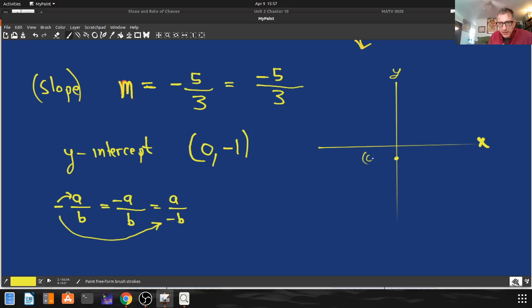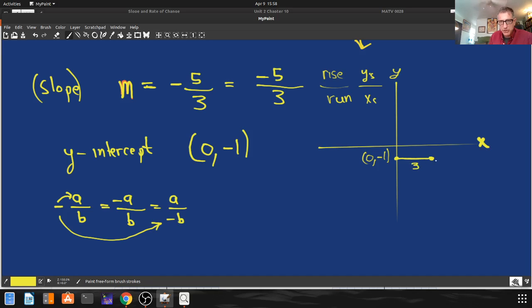If I put it over here, it won't be in the way. 0, minus 1. So, remember, the minus 5 is my rise, and the 3 is my run. The rise corresponds to the y direction, and the run corresponds to the x direction. So what I do is I start right there, and I look at my run, and I go over 3 units. So I'm going to say that's 3 units